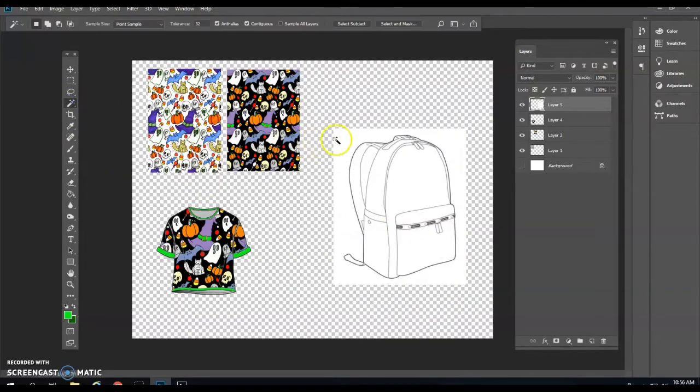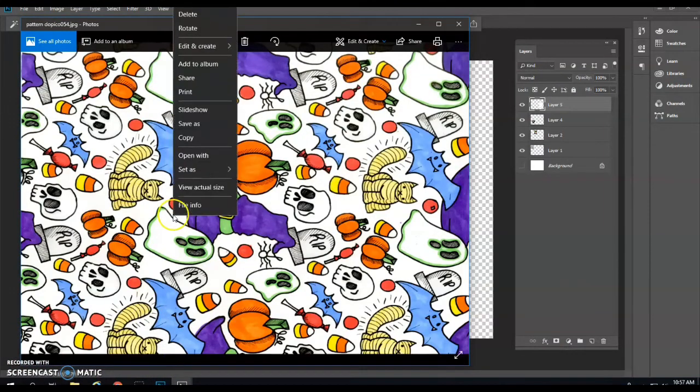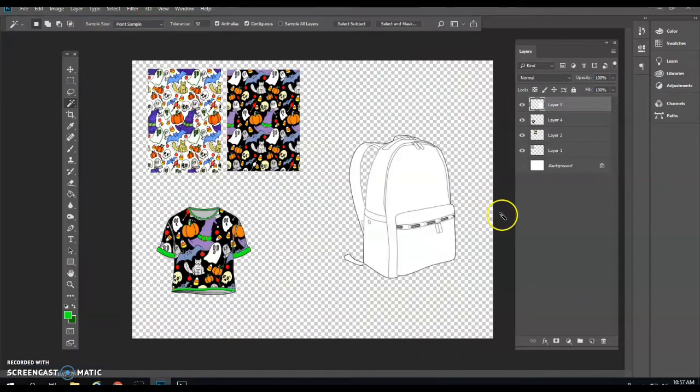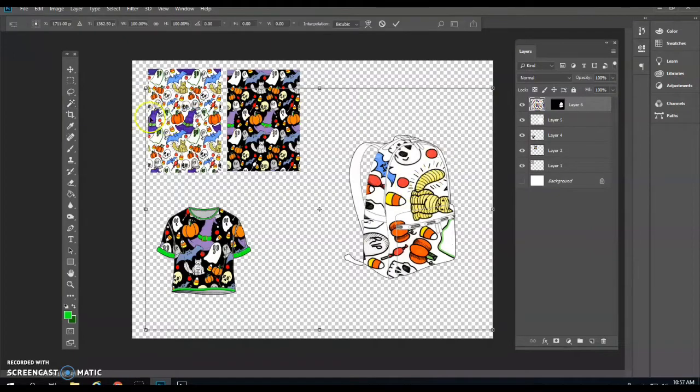Use the magic wand, select the background, clean it up. Remember, select, deselect to make the ants go away. Also remember, hold down the shift button when you are clicking with your magic wand to select multiple areas. Copy your pattern, edit, paste special, paste into, Control T,